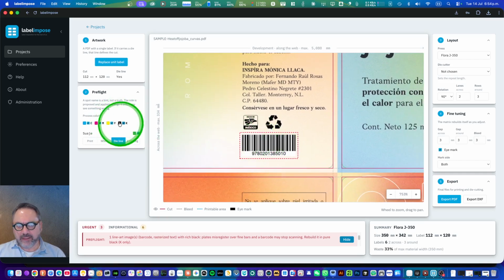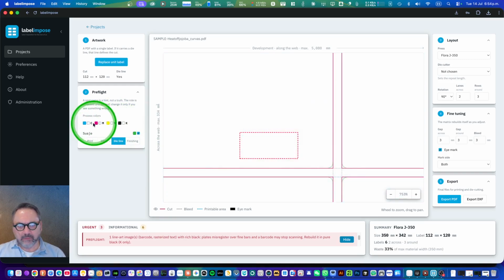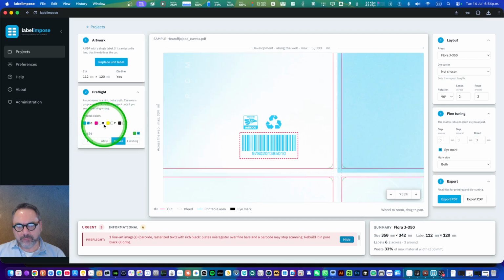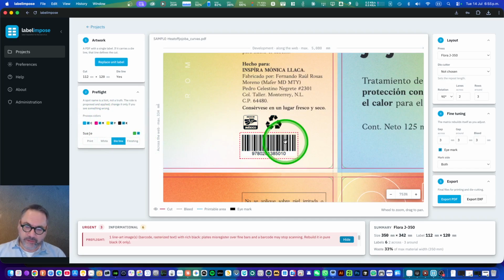And what we can find here is that it is not printed only in black, which is the norm for printing barcodes. So it can misregister, and it can also produce misreadings, which is a terrible thing for the product at the store. So this is a real potential problem. We need to tell the designer and the pre-press department to draw it again. That would be my recommendation.